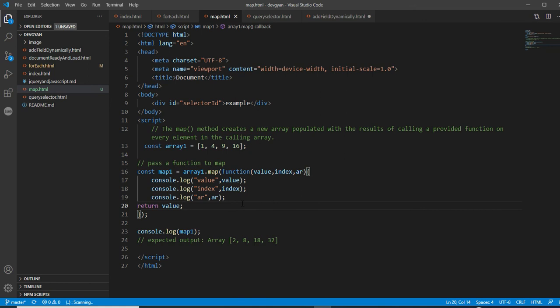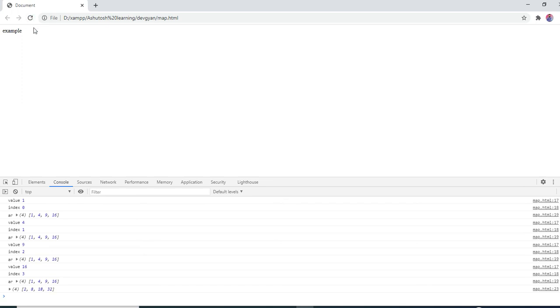The same thing you can also get in forEach. So you might have a confusion about when to use forEach and when to use map. But you can notice in this case, if you are returning something, then it generates another array. Whatever you want, you can return. Maybe you can return the value multiplied by 2. Then what will be the output? Let's check it. You can notice that the output is multiplied by 2. Now you got the idea.